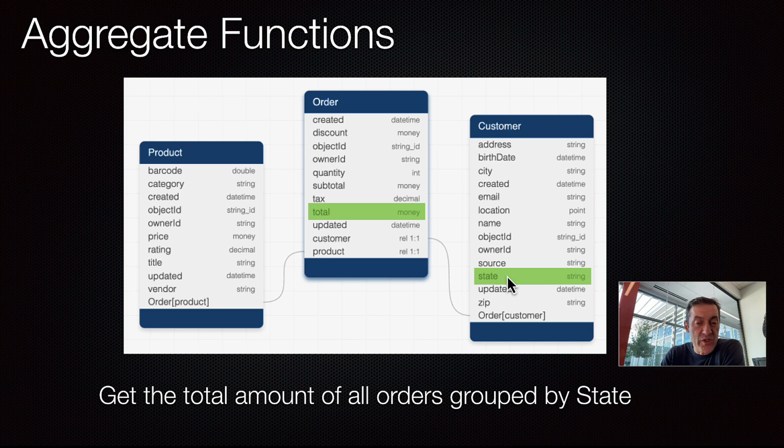And then we need to group it by the state that the corresponding customer is from. And then the states here, I think we have orders from all 50 states. So let me demonstrate how this would work. And then this will be a little bit different and you will see why. But first, let me switch to REST console and then I will walk you through the process of building